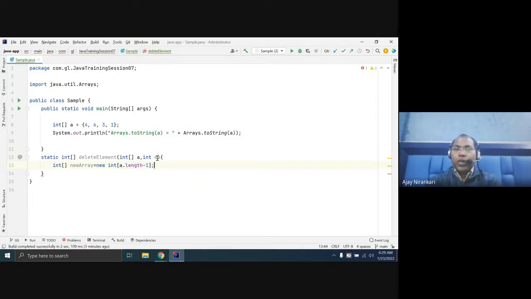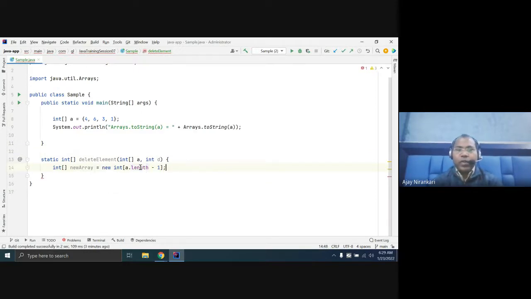We want to remove one element, so the length should be one less. Then run a loop, let's keep a for loop running up to the new array length, and in the new array you copy the i position value from your existing array. In this way, if you write the code, you say just return my new array.